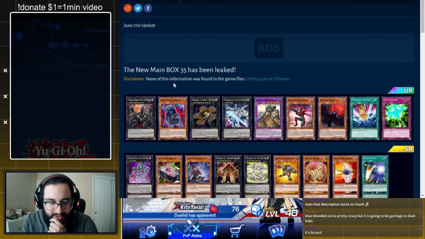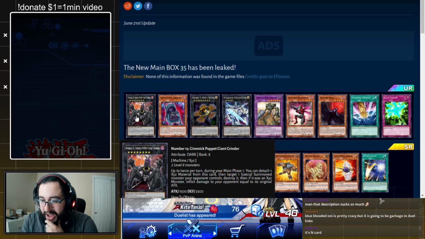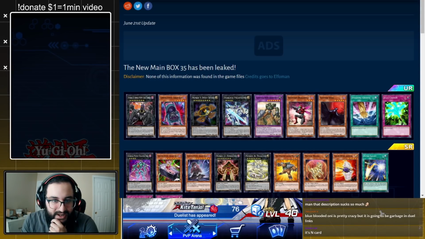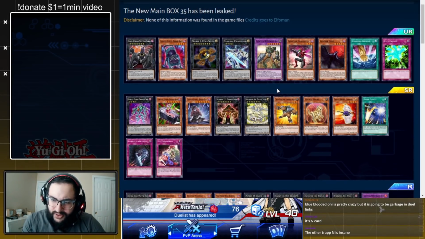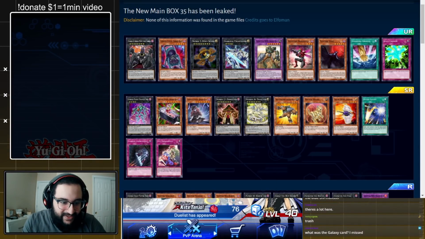Yeah, so overall thoughts on the box. I'm always excited for new archetypes. I know some people are thinking these seem a little weak, but when you compare it to the current meta, I think it's a pretty close power level. I think it's safe to say that